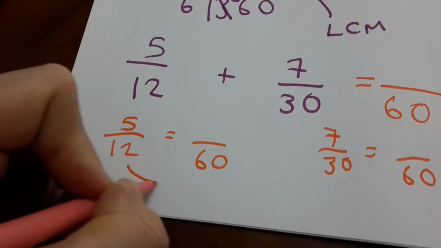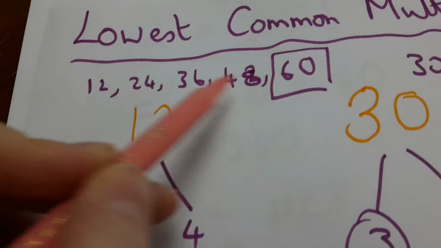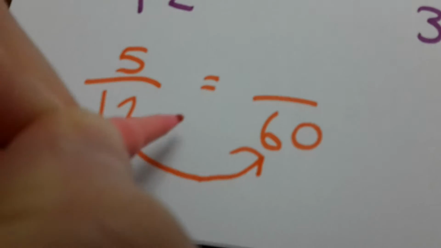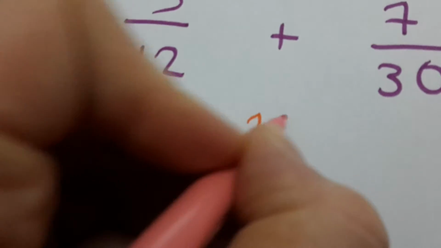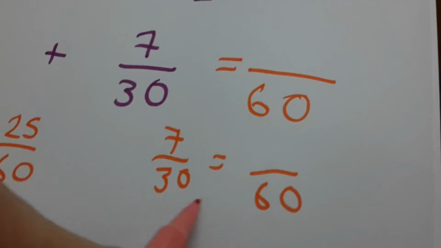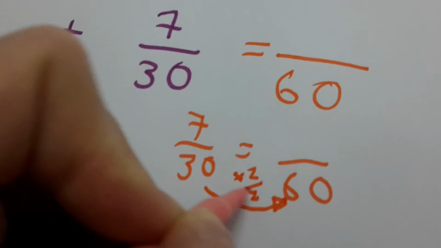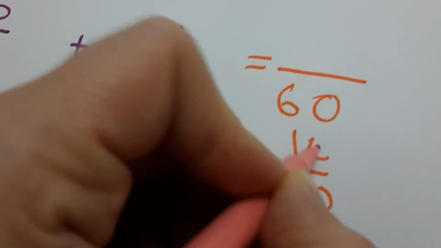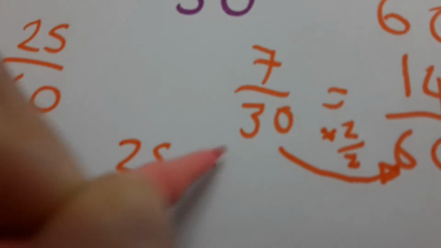So I know that I have 5 lots, because I worked it out here previously. I have 5 lots of 12 to make 60. So I'm going to multiply both my top and bottom by 5, so it's the same as multiplying by 5 over 5, which gives me 25. And here I've got 2 lots, which is the same as multiplying by 2 over 2. Top and bottom being times by 2, which is 14. So if I now add together 25 and 14 over 60, so 25 plus 14 over 60, I end up with